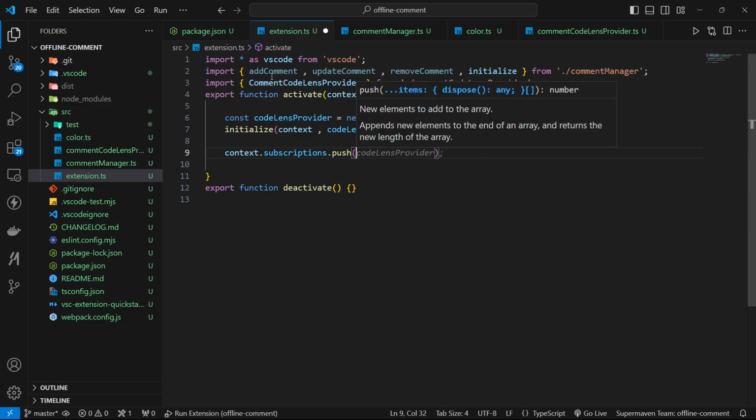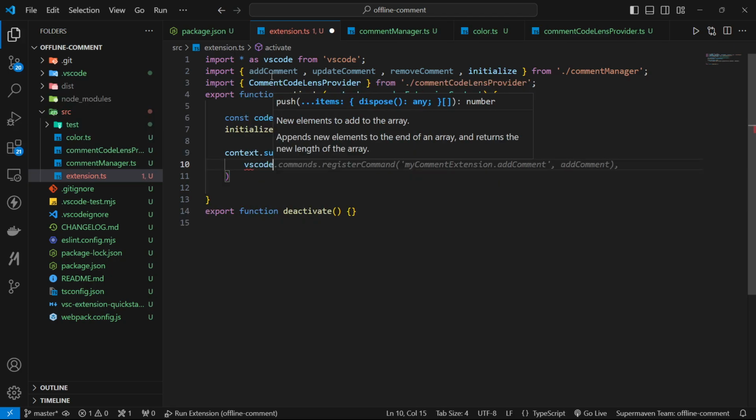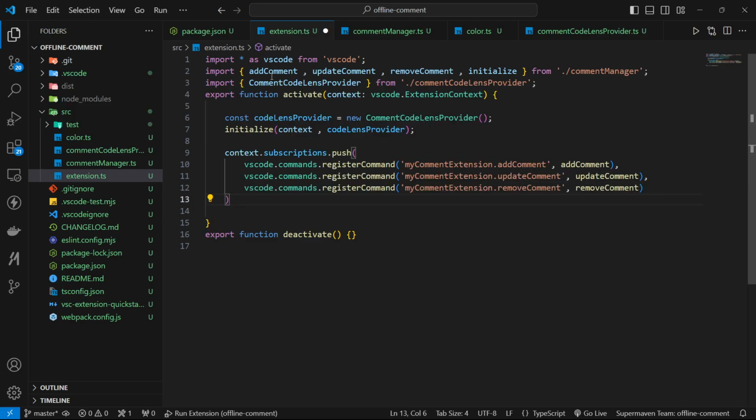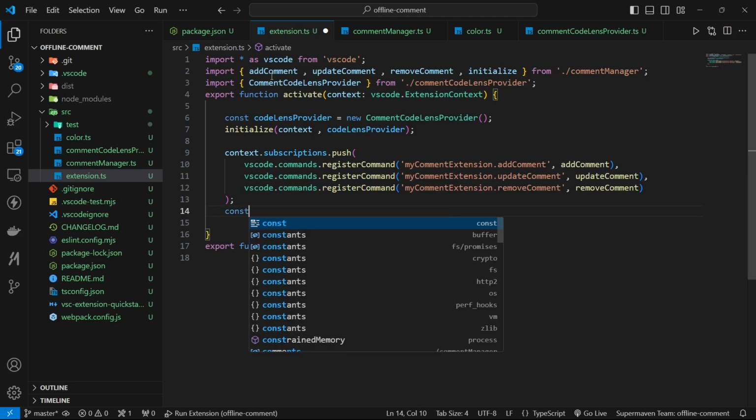These will be the commands that we need to register right now: vscode.commands add comment, update comment, and remove comment. Very fine. If I had to write this particular thing myself, it would have taken 30 seconds, but it was very smooth